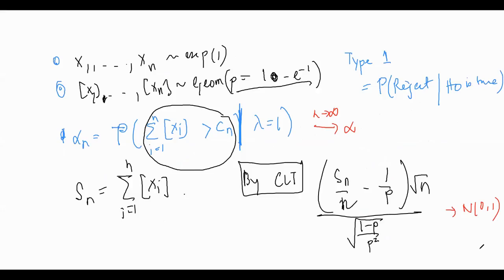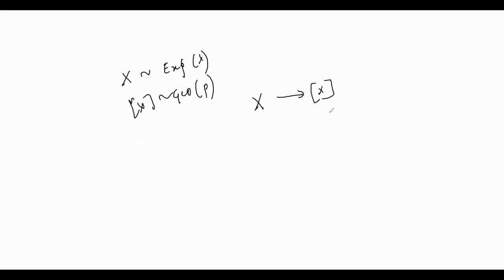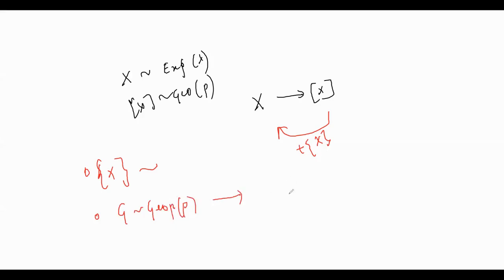Now my food for thought is that if x follows exponential lambda, we have seen the floor of x follows some geometric of p, where p is a function of lambda. Therefore we are going from x to floor x, exponential to geometric. Now how will you go back from geometric to exponential? You have to add plus of this, right? So now the next question is, what is the distribution of this if x is exponential lambda? And also, suppose G is geometric p, how can we go back to a distribution? How can we construct from G a distribution which follows exponential? Okay, you can think about it.